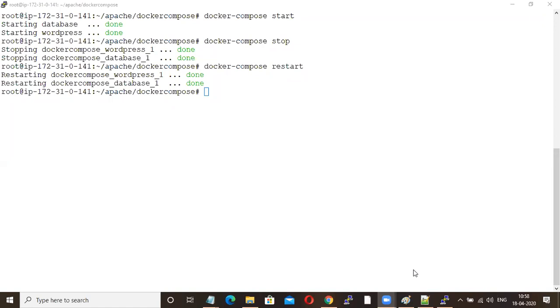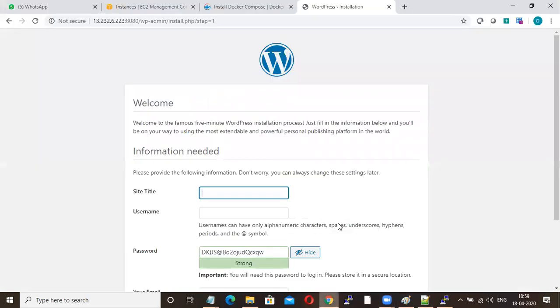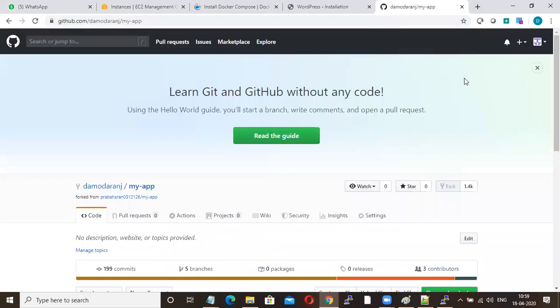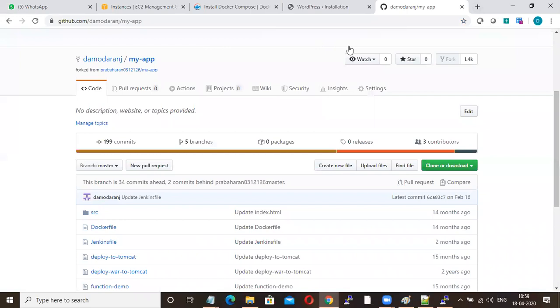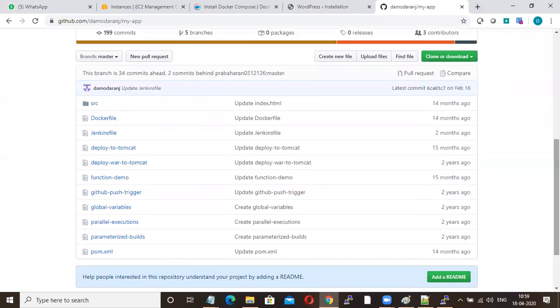Fine. Okay, now I'll go through how one real-time file will look. Everyone is aware of GitHub.